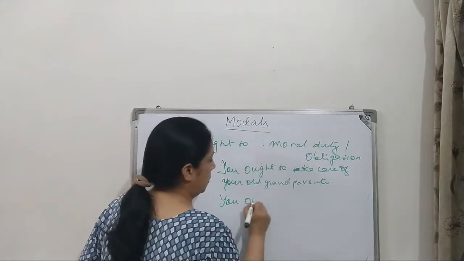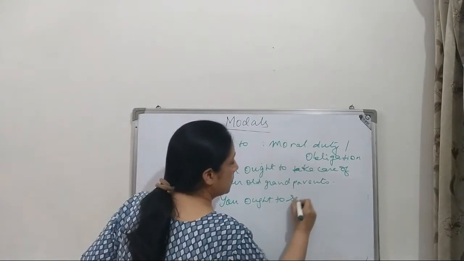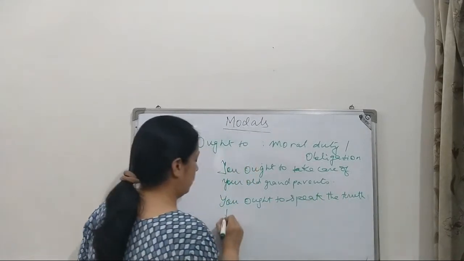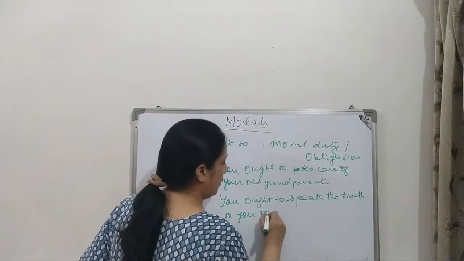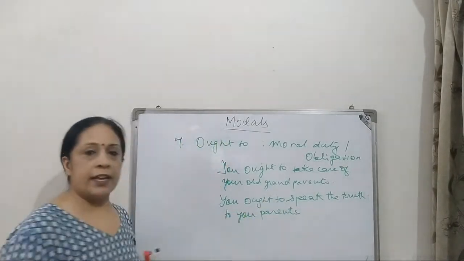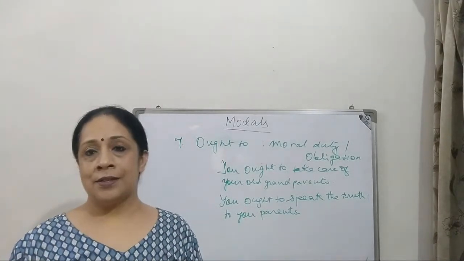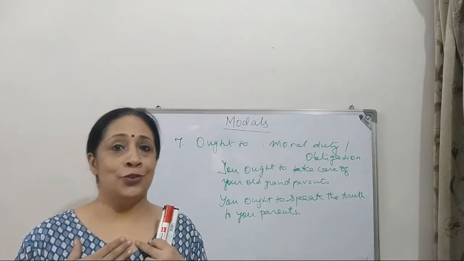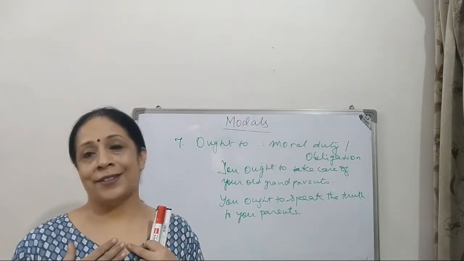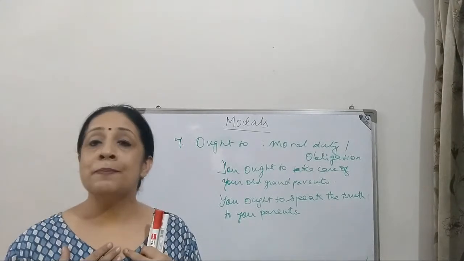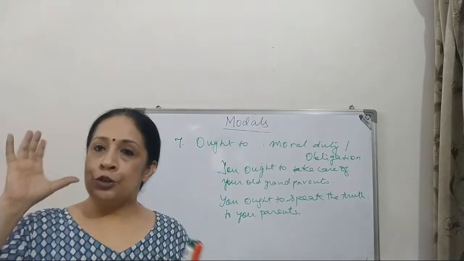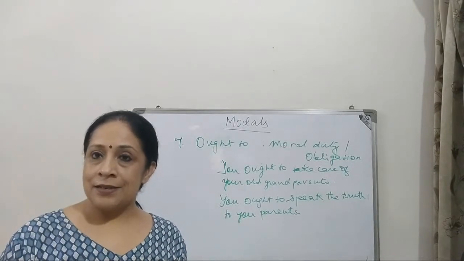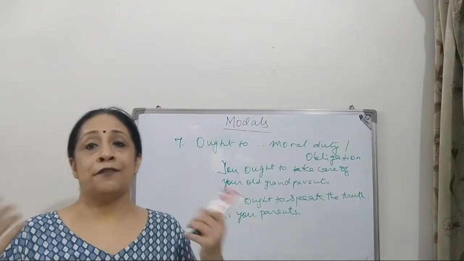you ought to speak the truth to your parents, you ought to take care of the animals. All these are moral duties, moral obligations. Don't be wrong. Morally, you should be correct. Alright, ethically. What is being ethical? Ethical is to follow, to always favor what is correct. If anything is correct, say it is correct. If something is wrong,